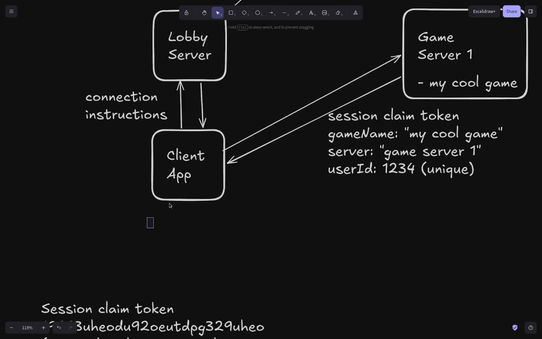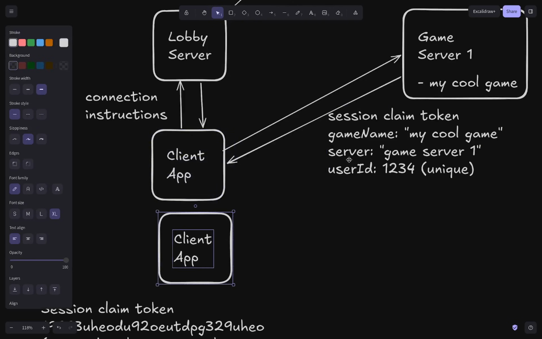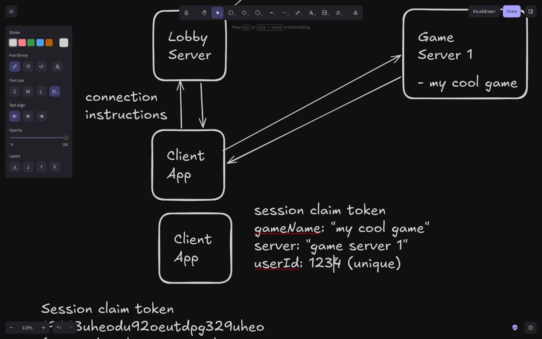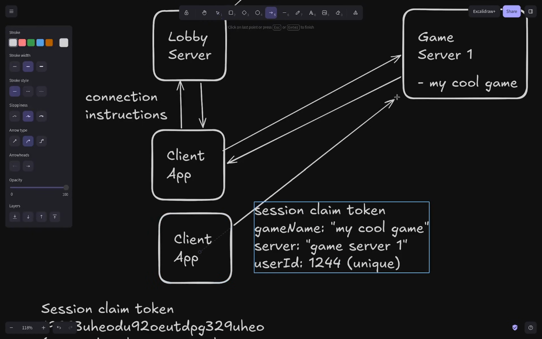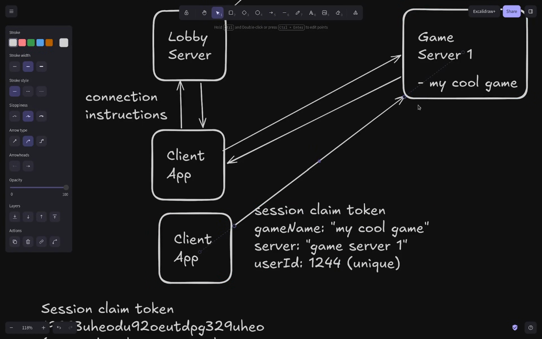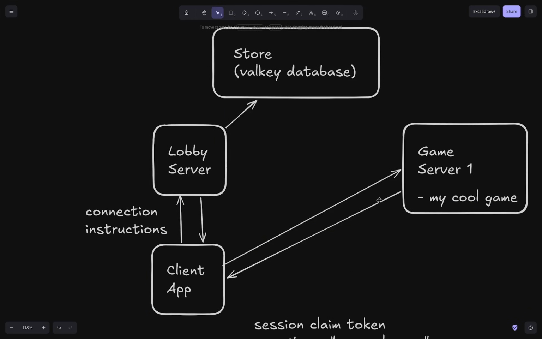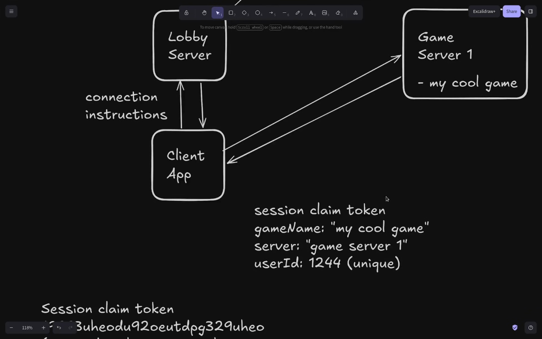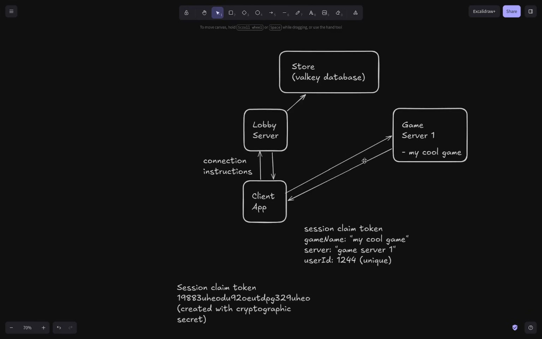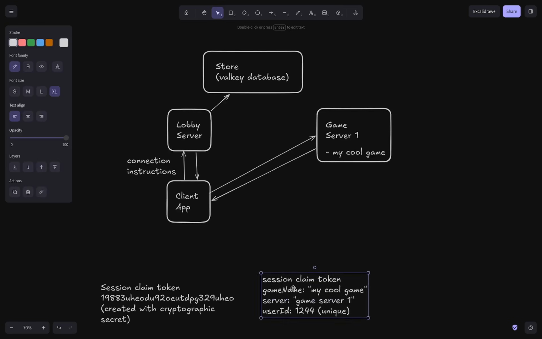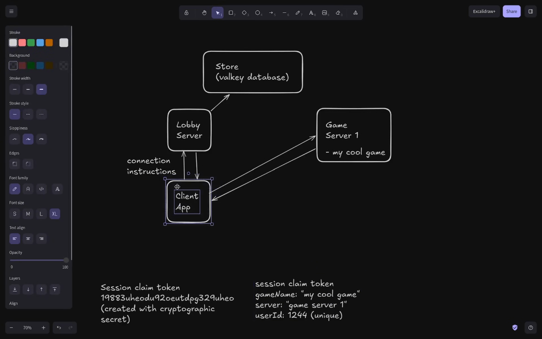Now, when another client joins and they say, hi, I'm also here for my cool game, they're just going to say, oh, we have that. Yeah, we have that running in the game server. So that is totally fine. And here you are with all the information for that game for you to need to play. Now we have players in a game, and we can finally start to think about how we can reconnect these people. So let's get our second player back